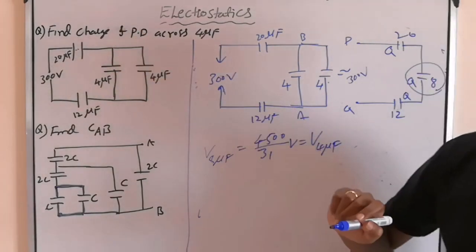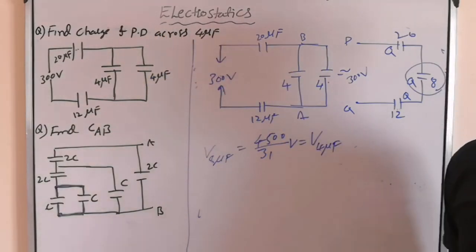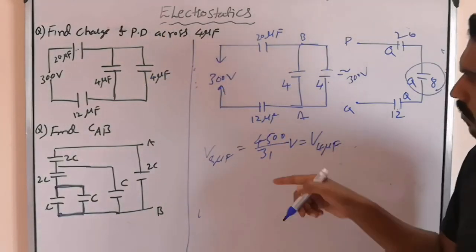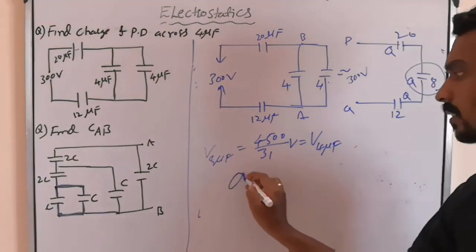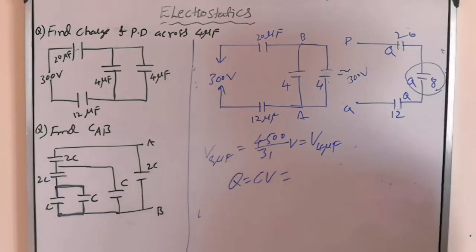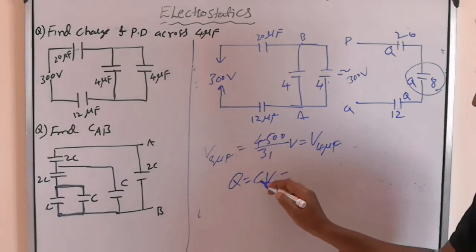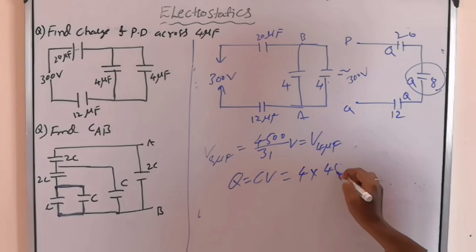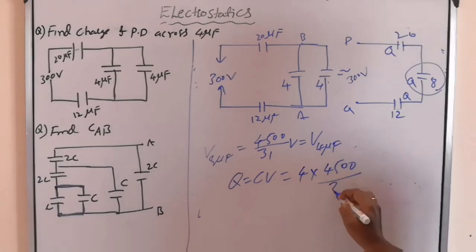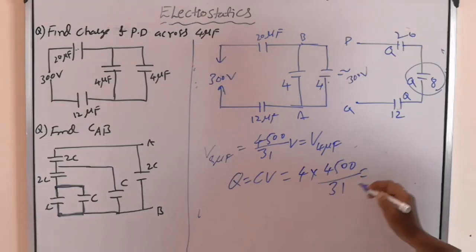That is what they are asking: the potential difference across 4 microfarad. They are also asking the charge. What is the charge? Charge equal to CV, where C is 4 microfarad and V is 4500 by 31, equal to